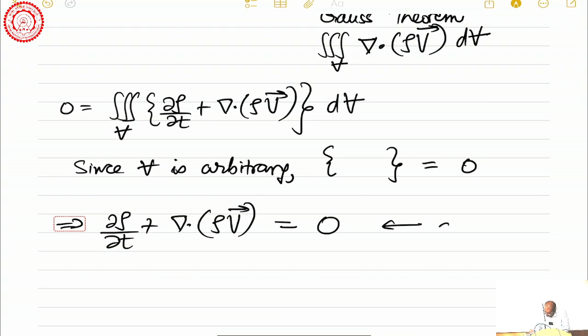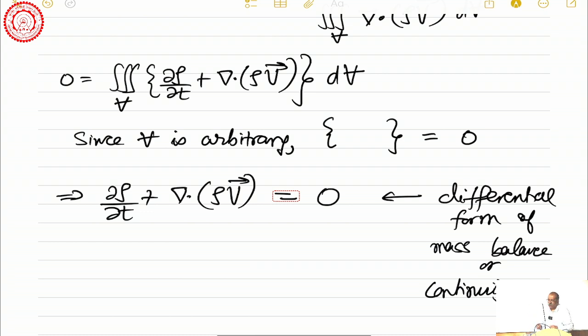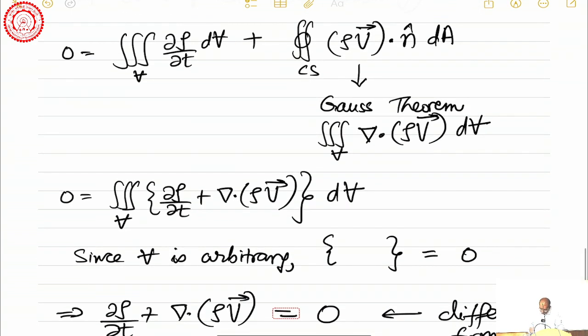So, this implies that, and this is called the differential form of mass balance, or the continuity equation, the differential form of the continuity equation. This equation is for a general volume, this is the integral form,